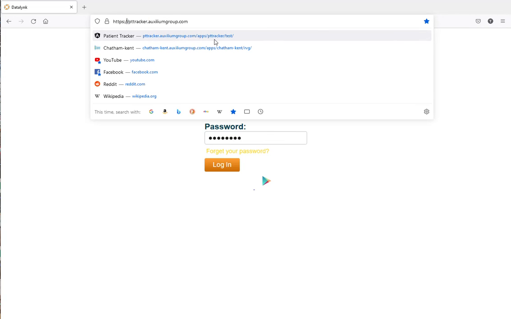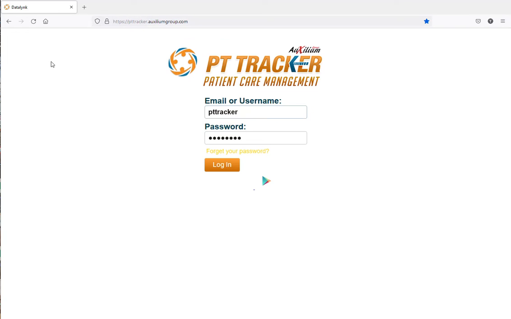Note that there's no www, so this is not a worldwide web access. This is a direct connection to the database, so that's where you'll be using that. So when you get that, pttracker.auxiliumgroup.com, up comes the login screen. Now there's an aesthetic issue. There's some things missing on here. I'm not quite sure what they are,